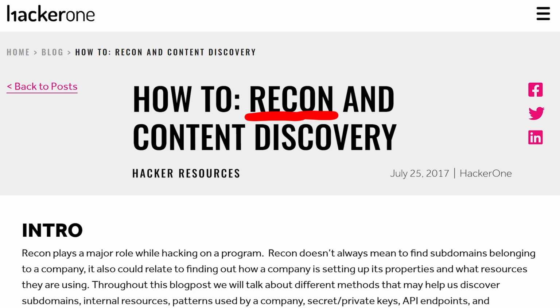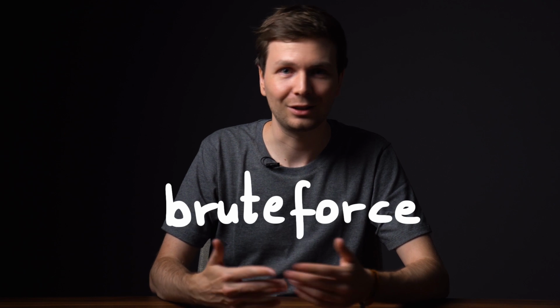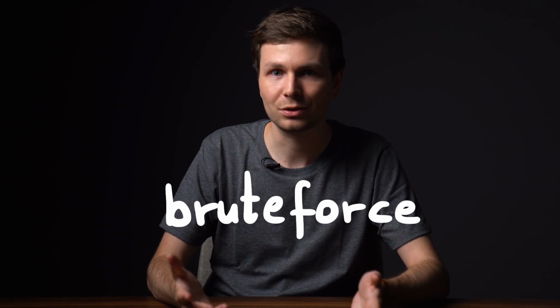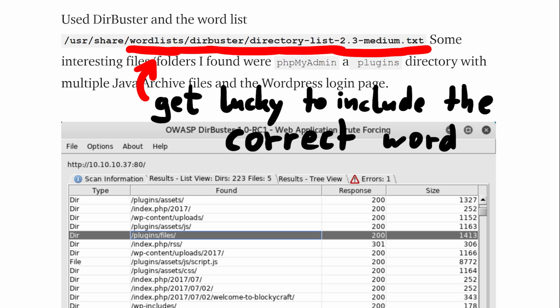In some CTF challenges, or actually more common in real-world bug bounty work, you need to do recon or asset discovery. That's when you do a ton of scanning to find hidden URL paths, open ports and weird subdomains. And of course, this is literally just brute force and automating, trying out thousands and thousands of different options. And so there are CTF challenges where you just have to run some Dirbuster with a word list that happens to have the word you need.